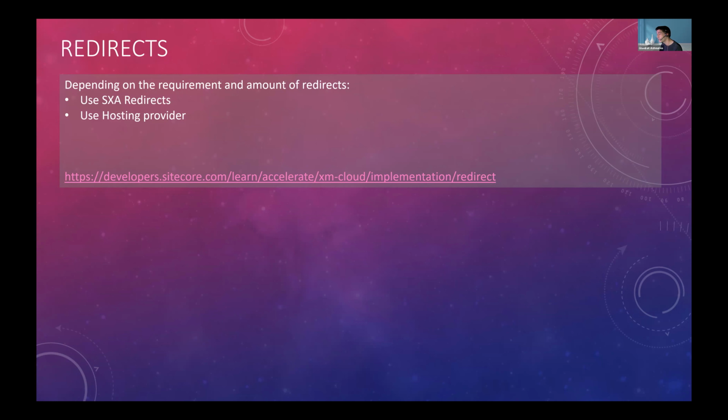When you use the SXA redirects, the main issue is that with every request, it will hit the Experience Edge to get the list of the redirects. Think about that. With every request, it needs to download a few megabytes from the Experience Edge and then parse them and so on.